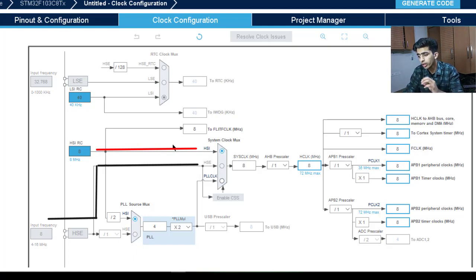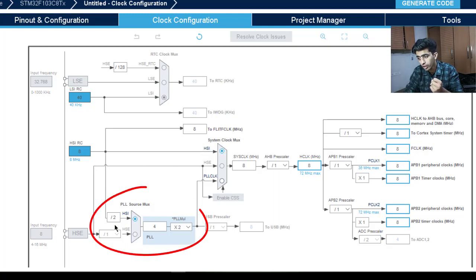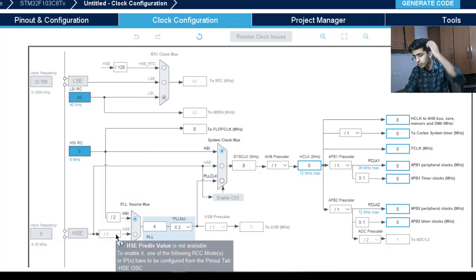Okay, so the point is that for the system clock, first we need to decide from which clock source we need to power, HSI or HSE. If we are powering with the HSI, then we are going to feed it directly, or we are going to feed it via PLL. If we are going to feed it via PLL, then we need to first configure whether we want to divide the prescaler value. For the 8 megahertz HSI we have prescalers of /1 or /2, and for HSE there are a lot of prescalers.